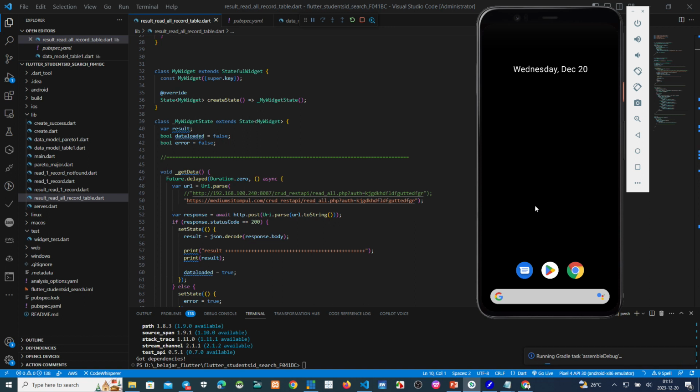So this effect becomes our project taking a long time to run.